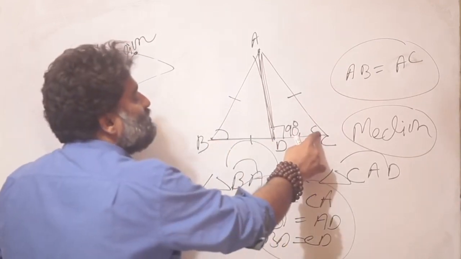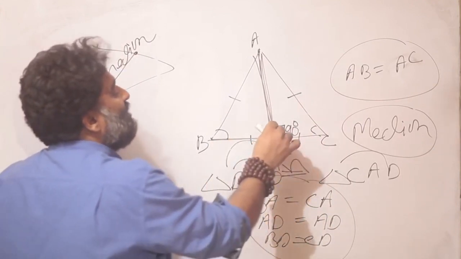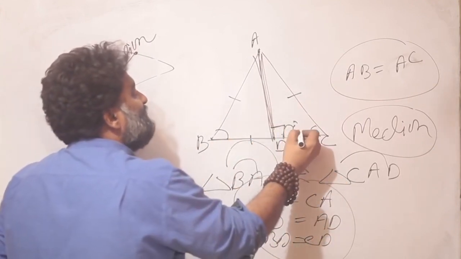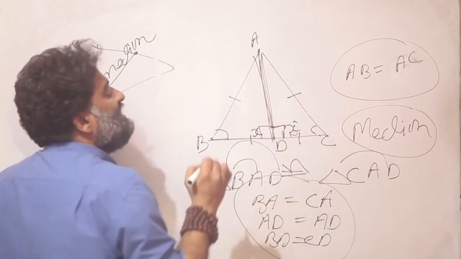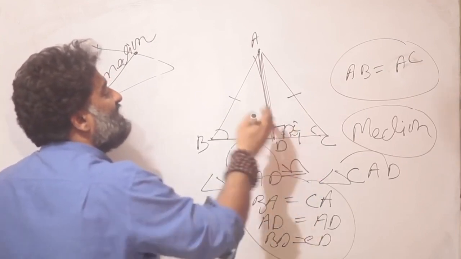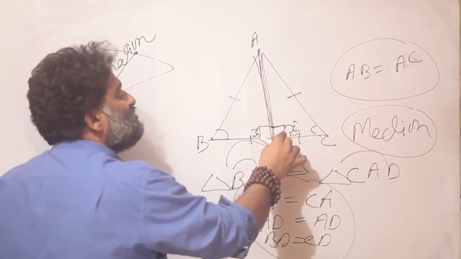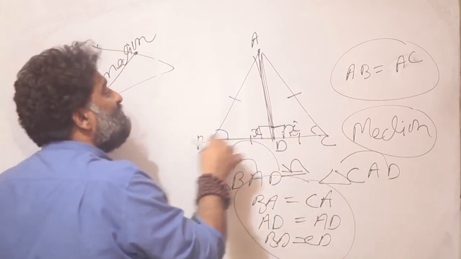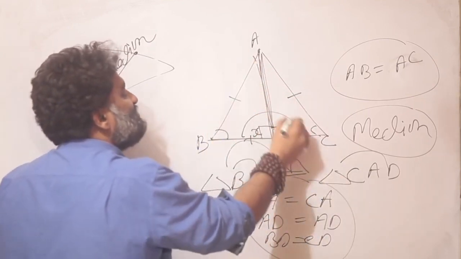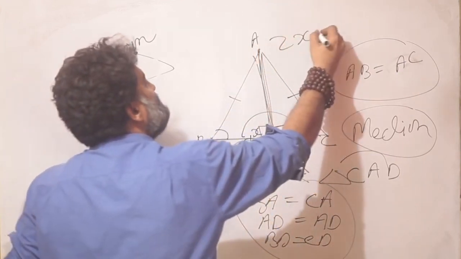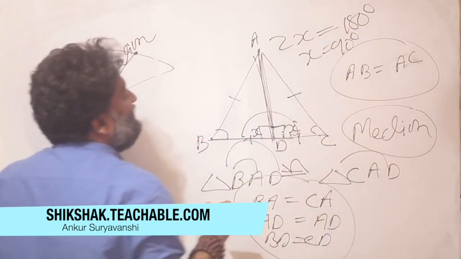So these two angles are equal to each other, but our aim was to prove that this is 90 degrees, right? So we want to come to that. I also know, let's say I don't know the value of this angle, and this is x and this is x. I also know these two angles are going to be equal to each other. Why? Because they are corresponding angles. This triangle and this triangle are congruent to each other. So this angle is also going to be equal to this angle. Angle BDA is equal to angle CDA. And the sum of the angles on a straight line is 180 degrees. That means 2x is equal to 180 degrees. That means x is equal to 90 degrees.